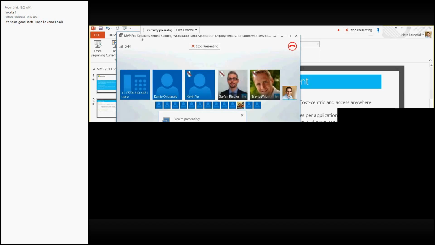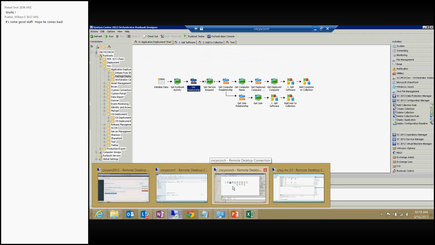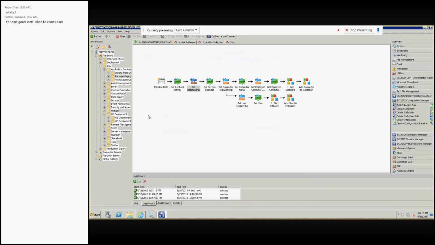Cool. All right, so we're going to go into Orchestrator. So right here you can see my Orchestrator runbook. My Orchestrator runbook contains a variety of different steps. So when that particular request comes in, this is a technique that I kind of want to show people that I think is going to be